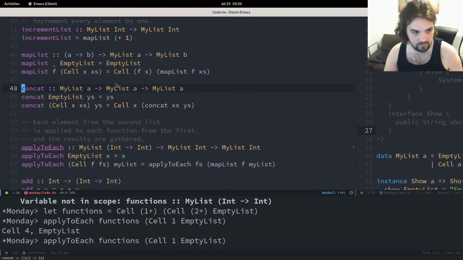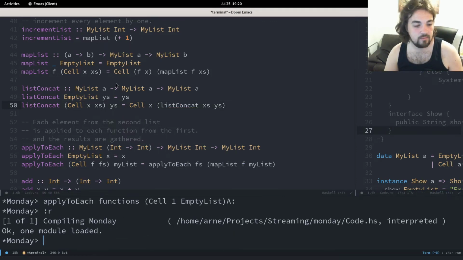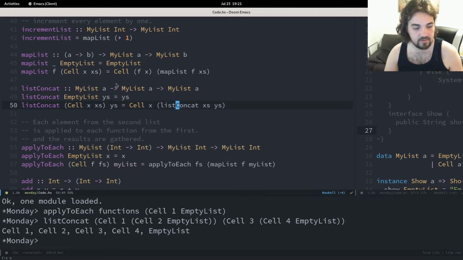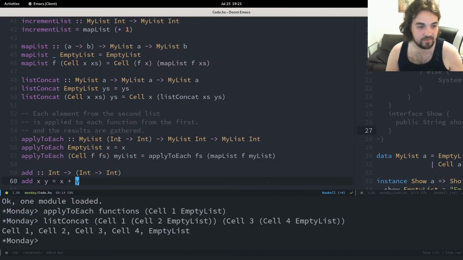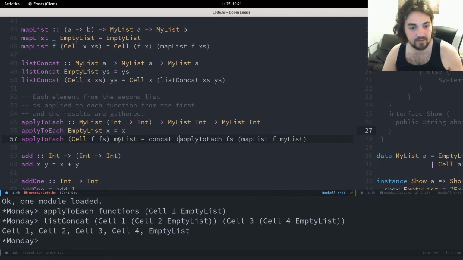Oh, we have to, list concat. That is not list concat. Cell 1, cell 2, empty list, cell 3, cell 4, empty list, 1, 2, 3, 4, empty list. Okay, we are getting somewhere. Yeah, at each function application that should be returned. So this is now concat the